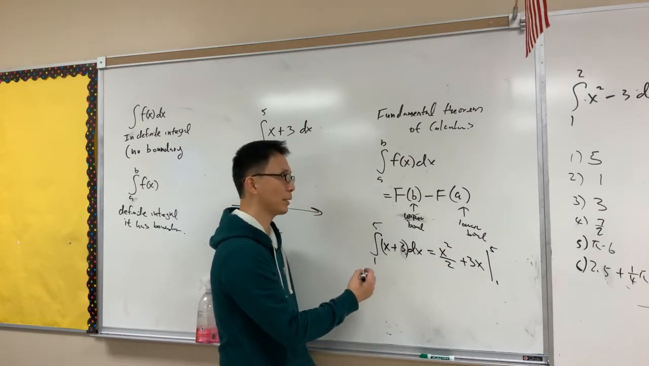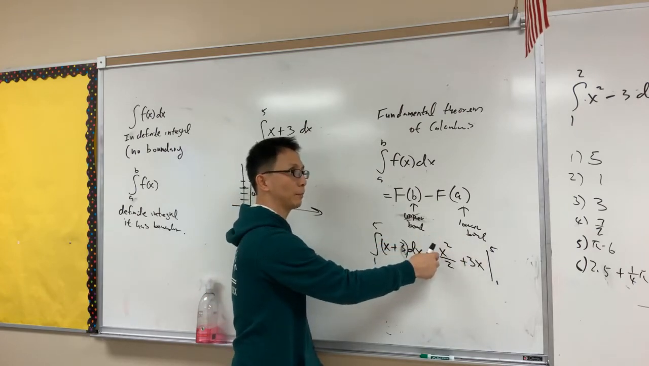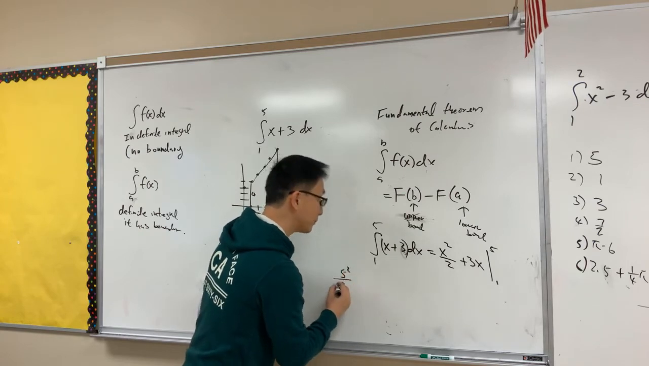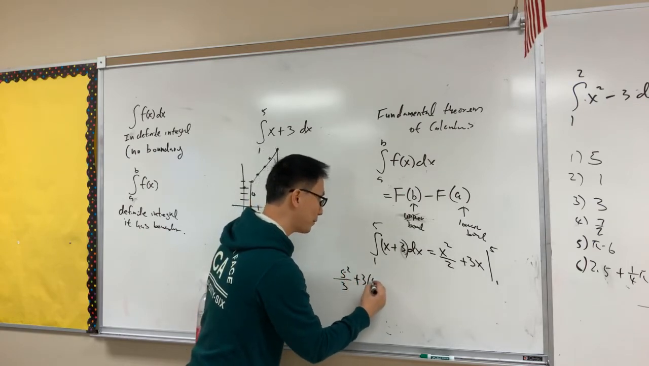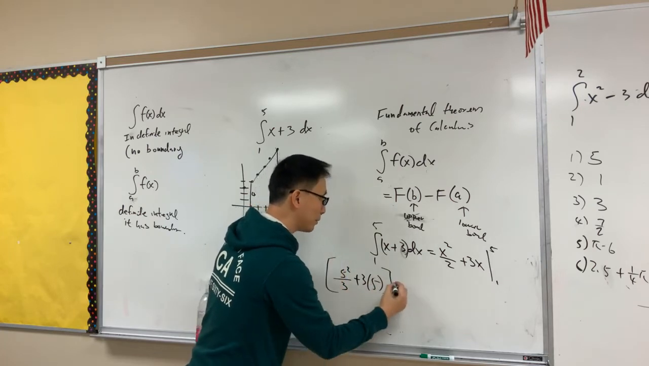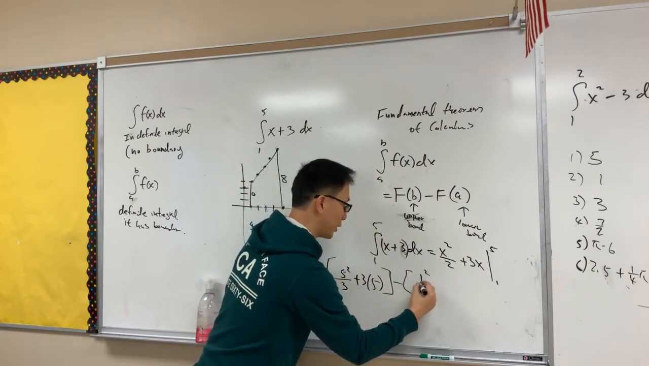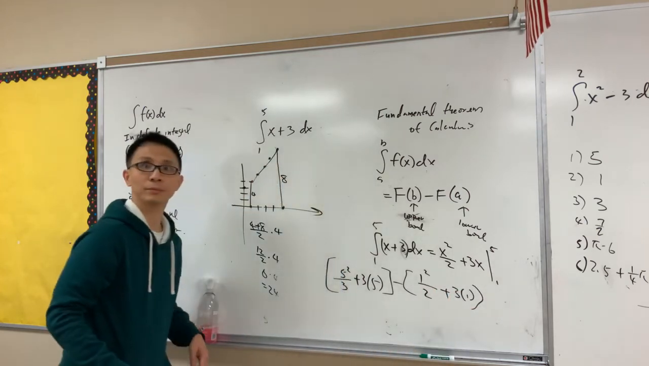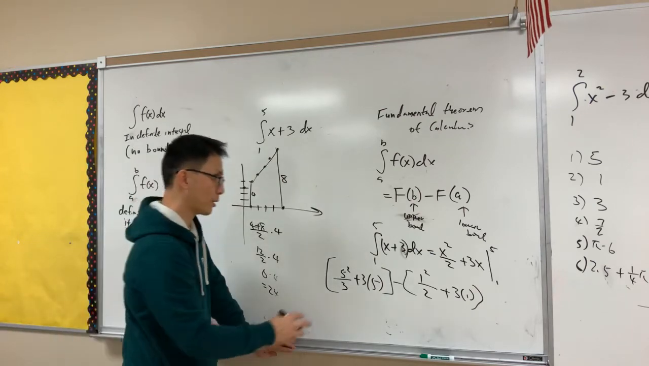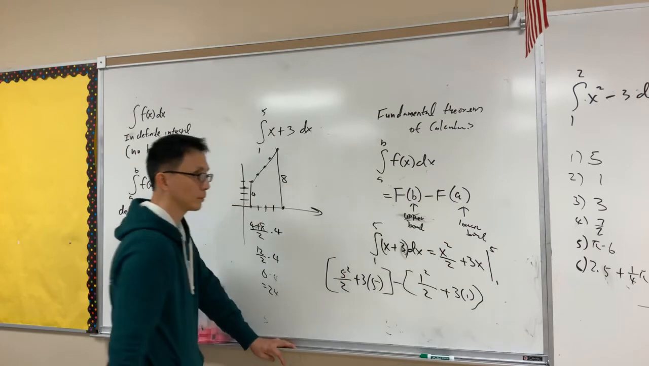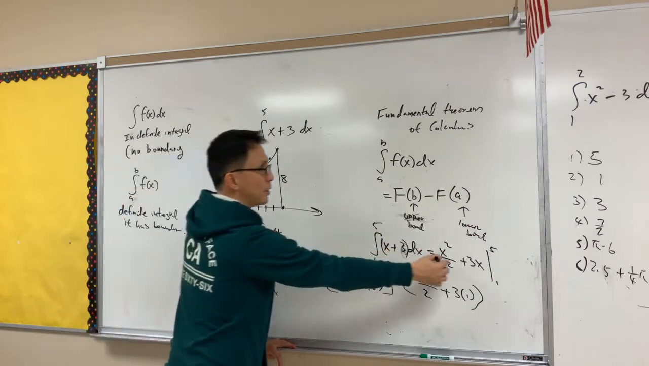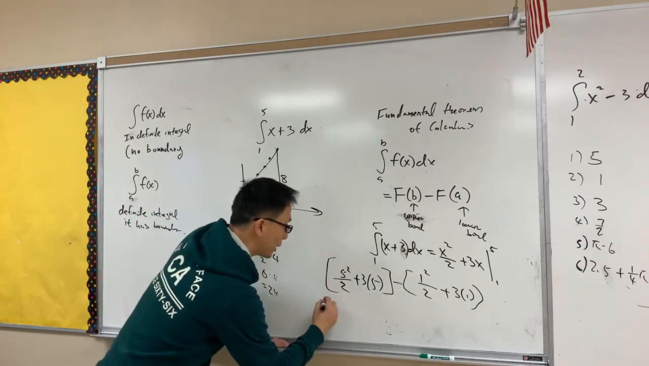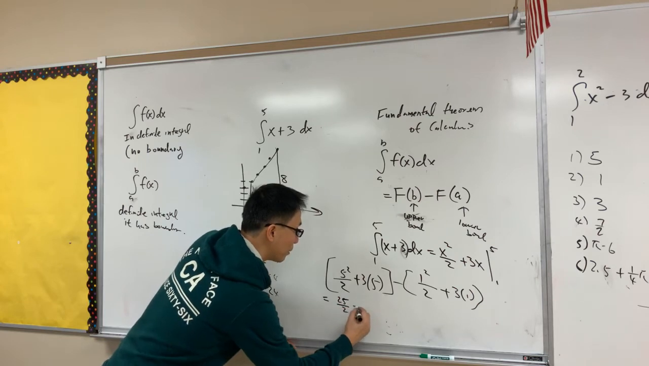So now I will plug the 5 into this, and subtract plugging the 1 into this. So what I'm going to do is 5 squared over 2 plus 3 times 5, and I'm going to do a bracket, minus 1 squared over 2 plus 3 times 1. Any questions about this part? It should be 5 squared over 2. 5 squared over 2. I plug 5 into this, subtracted by plugging 1 into that. It's always upper bound minus lower bound. So here I'm going to get 25 over 2 plus 15